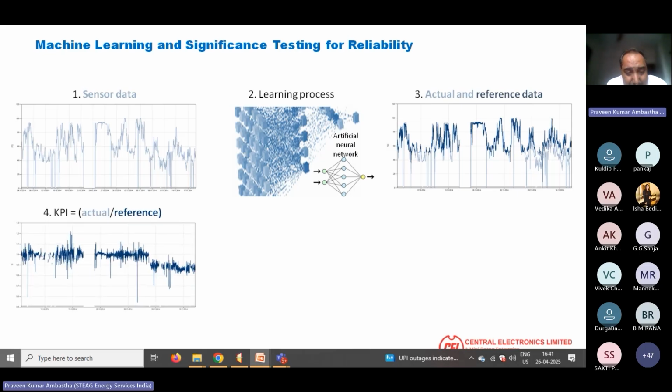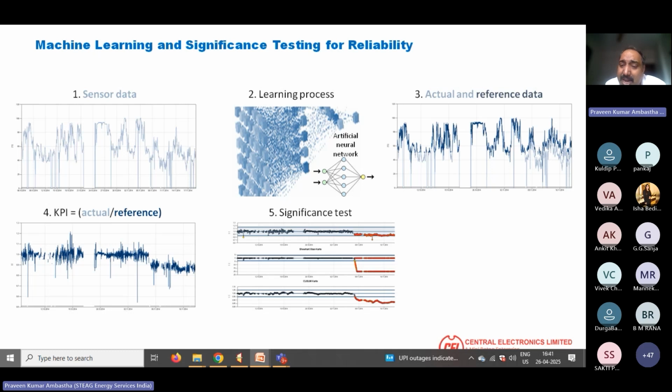Then I will take the KPI. I will have my actual versus reference. I will see where I am having a deviation, and then I will catch that, yes, from this point I am having a lot of deviation. I will develop different charts. I am having my X bar chart, my CUSUM chart, EWMA chart, and then I will catch that